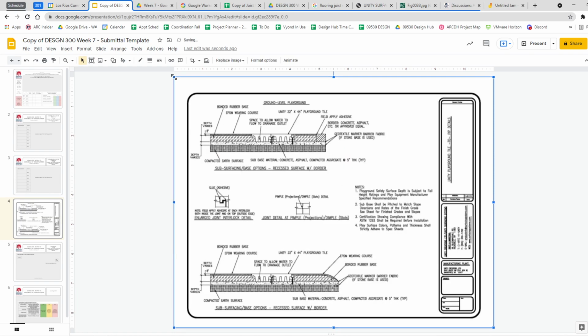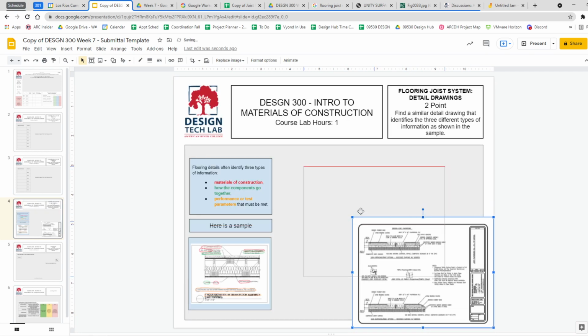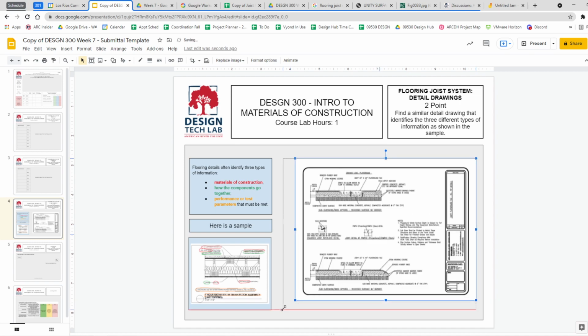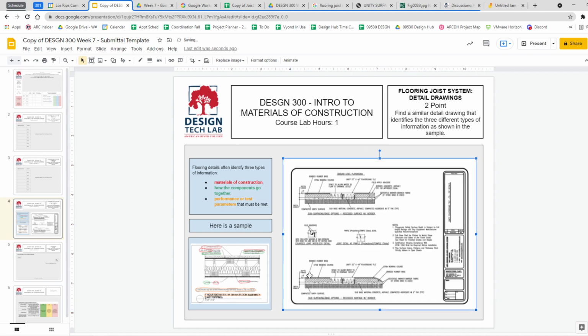Way too big, so I'll make it smaller. That's not bad looking. It probably needs a little something around it, so I'll put a light one around it. And now if you want to, you were to zoom in,